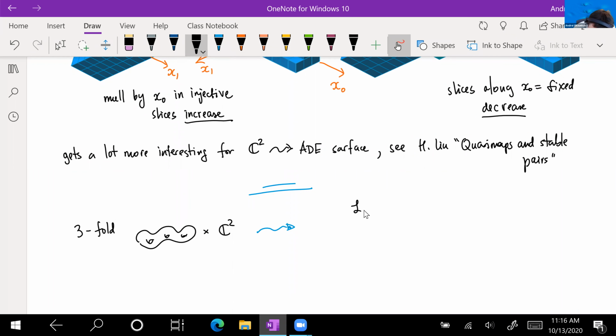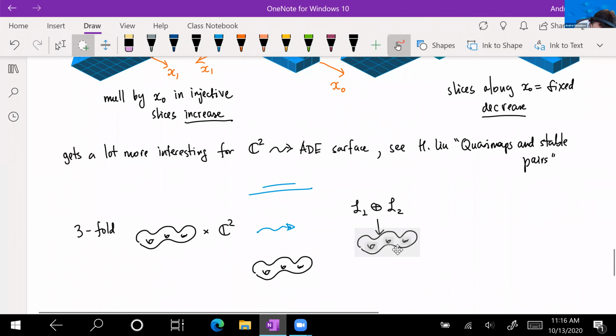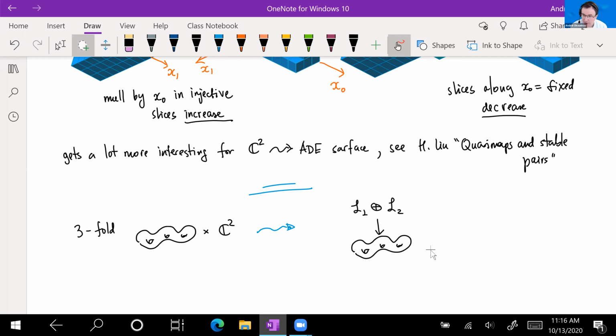So for example, we can take a direct sum of two line bundles over my curve. It's also a threefold. What does it mean from the point of view of quasi-maps? It means that multiplication by x1